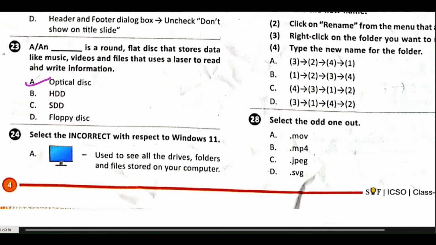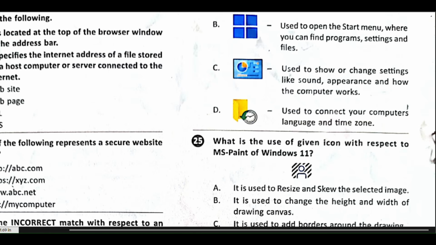Question number 24. Select the incorrect with respect to Windows 11. A. My computer, used to see all the drives, folders and files stored on your computer, which is correct. Option number B. Windows Start button. Used to open the Start menu where you can find programs, settings and files.